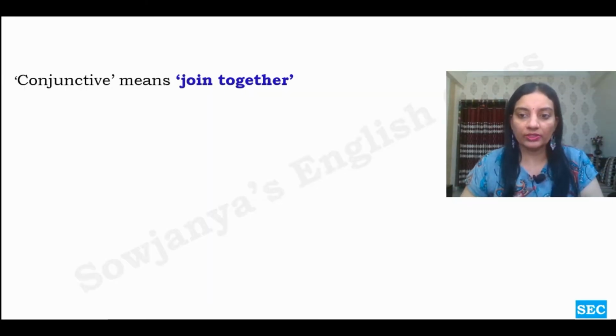Conjunctive means join together. So here, conjunctive adverb is an adverb which acts as a conjunction. What is the purpose of a conjunction in a sentence? To join either words, phrases or clauses. Okay. And conjunctive adverb adds two independent clauses in a sentence. So you see them in compound sentences or a compound sentence divided into two simple sentences. The same thought is carried forward to another clause as well or another sentence as well.